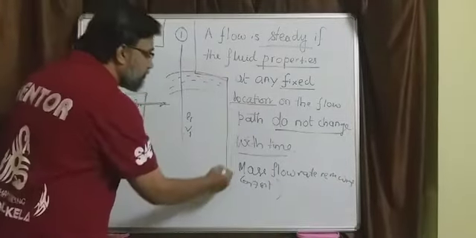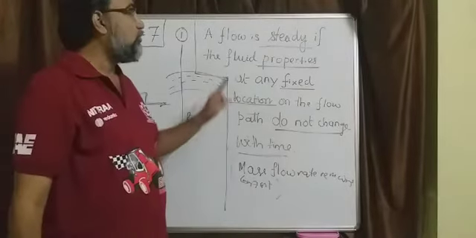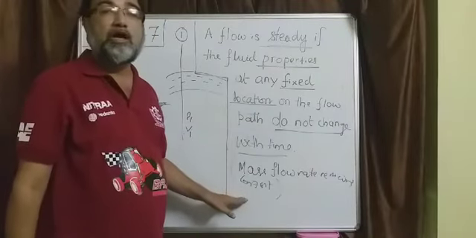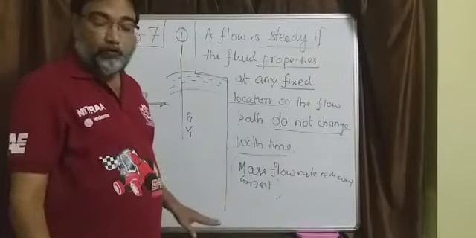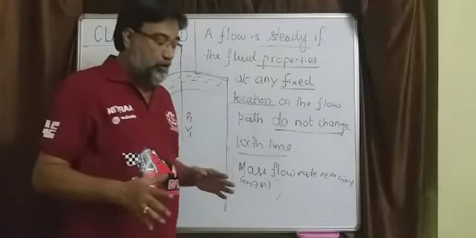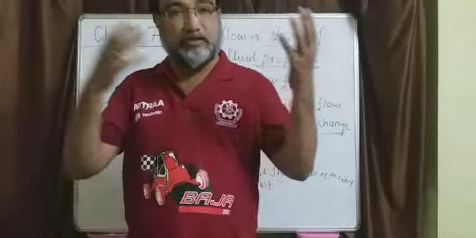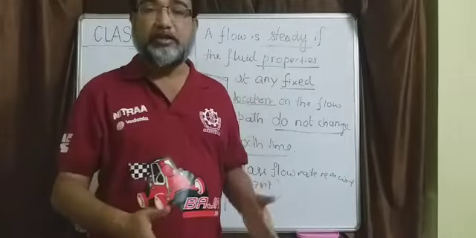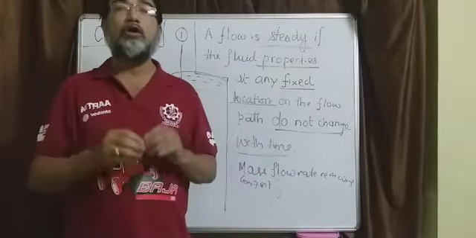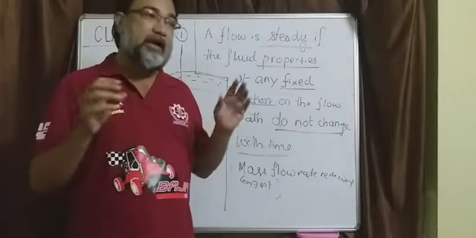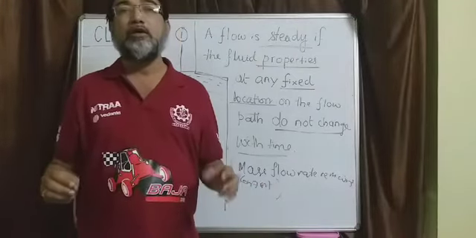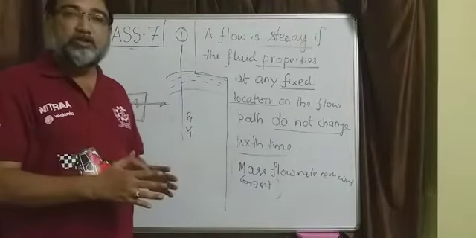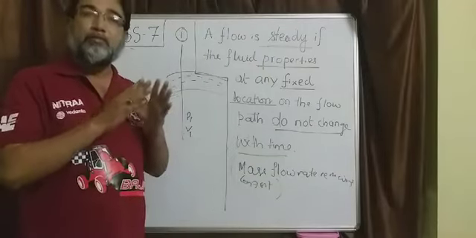So this is the definition of a steady flow, which includes two things. One is that the properties do not change at a particular location with time. Second is that the mass flow rate remains constant. For such a flow situation, or for a device experiencing such a flow across it, we will be writing the energy conservation statement, and that mathematical statement will be called the steady flow energy equation. The steady flow energy equation is nothing but the mathematical expression for the first law of thermodynamics applied to an open system, or simply a flow process.